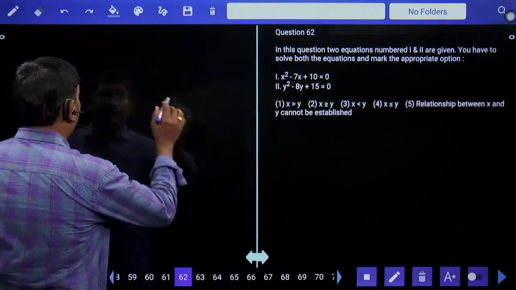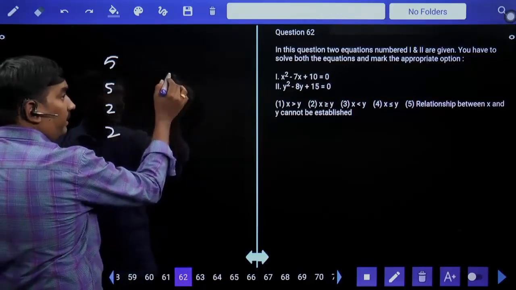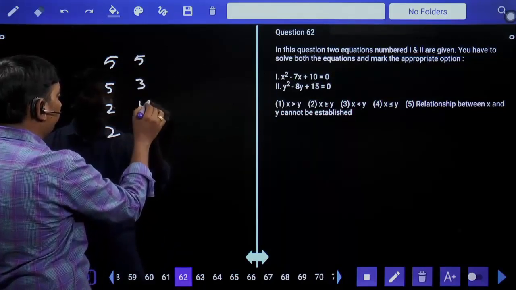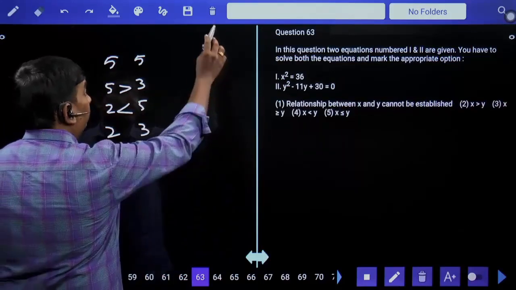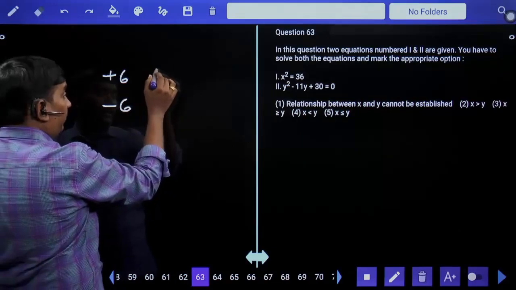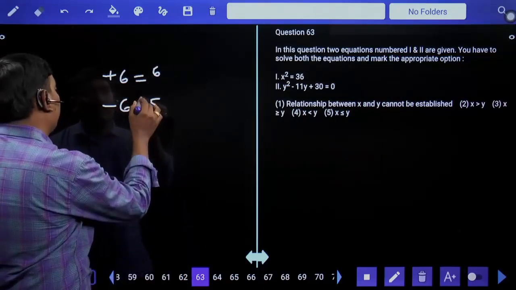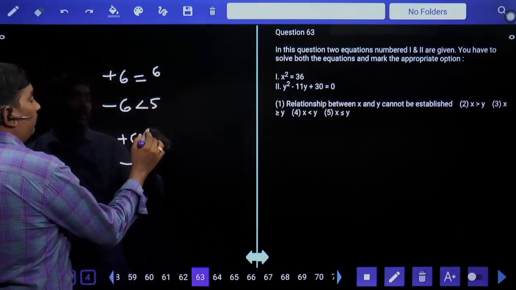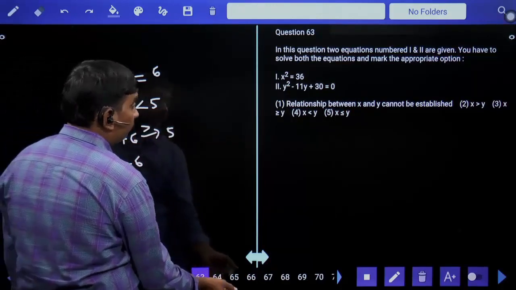5 2s are 10. X value 5 comma 2. 5 3s are 15. Minus 5 minus 3 will give us minus 8. Finally plus 5 plus 3. Greater than, less than, no relation is your answer. Plus or minus 6 is X value. Y value 6 5s are 30. Plus 6 minus 5. Plus 6 plus 5. Equal less than. Whereas plus 6 minus 6. Compare plus 6 with 5 means greater than, no relation.